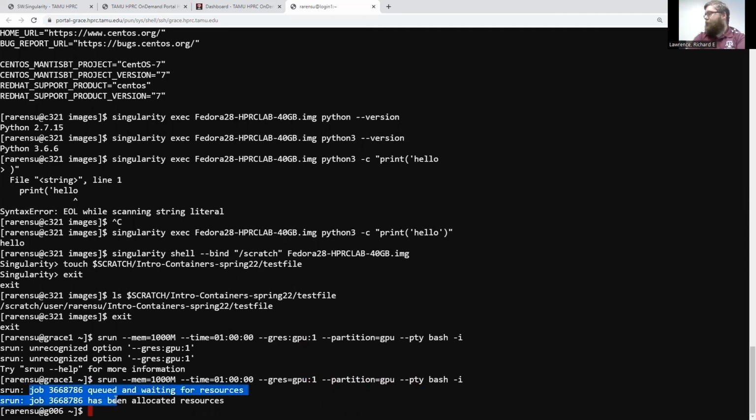It says it queued my job and gave me the node, and here we go. Now my prompt has changed to G006. So I landed on one of our compute nodes that should have an A100 graphics card. We will find out soon enough. Let's return to our